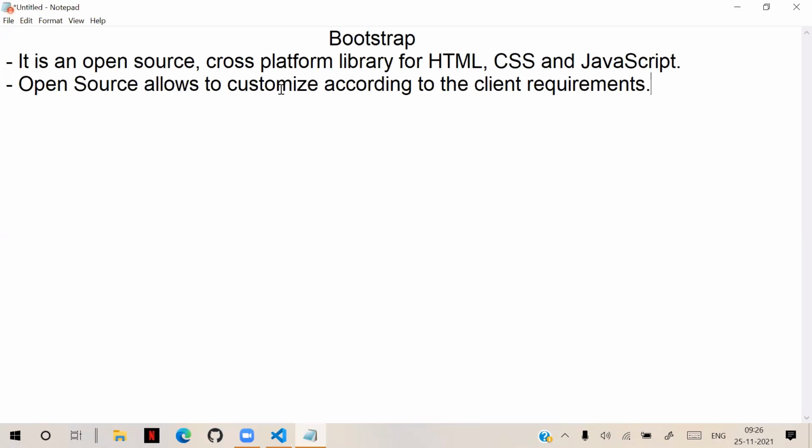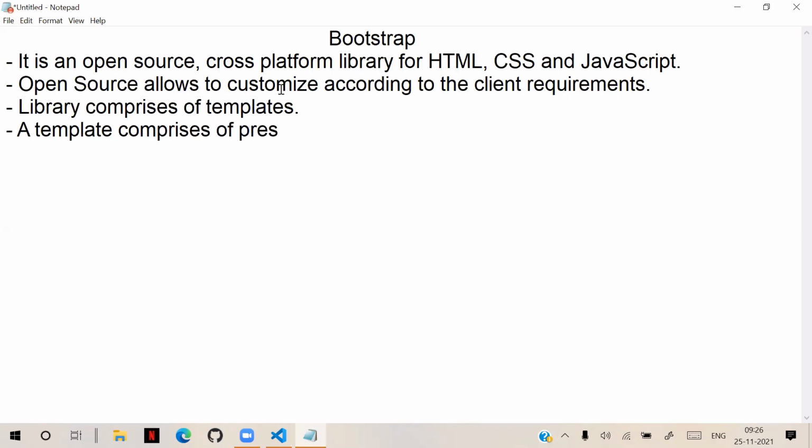Actually, what is meant by library? Usually, a library comprises of templates. Templates means, what is meant by template? A template comprises of predefined design and functionality,